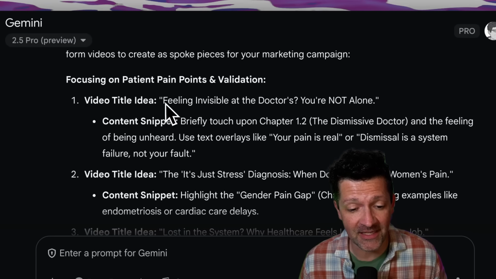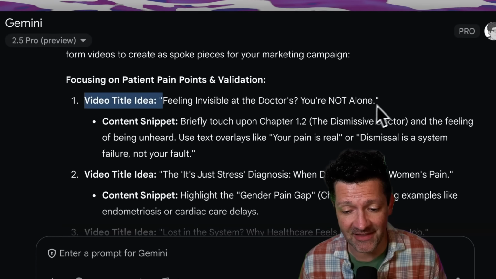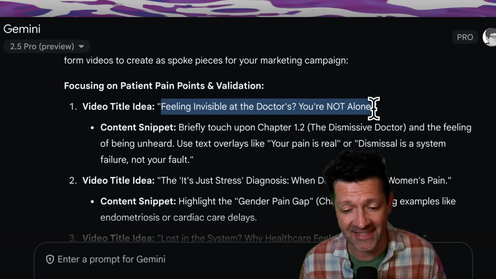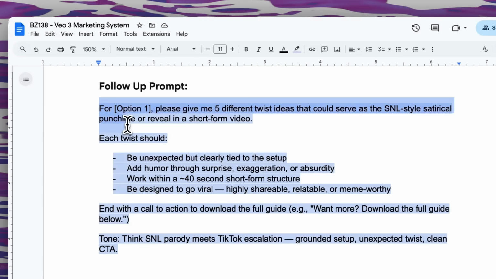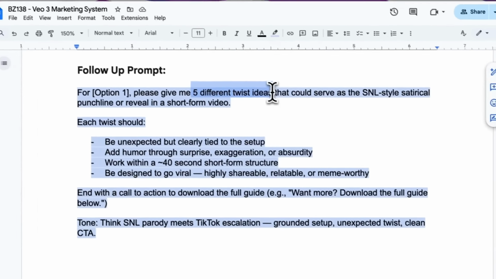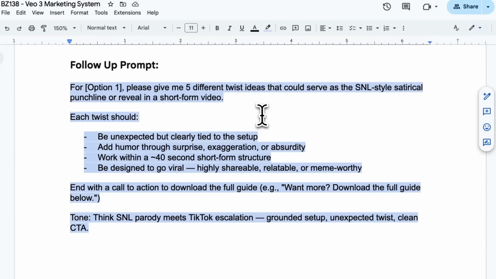All right, that has run and given us some really good ideas. I really like this one about feeling invisible at the doctor's office. You're not alone. Now I'm going to follow up with this prompt that just says, hey, give me 5 different twist ideas for that. So just really diving in deeper there, and it goes through a little bit more of what we're looking for, that these are going to be